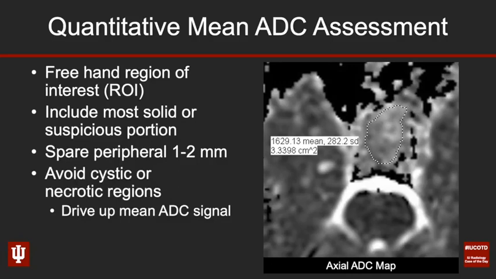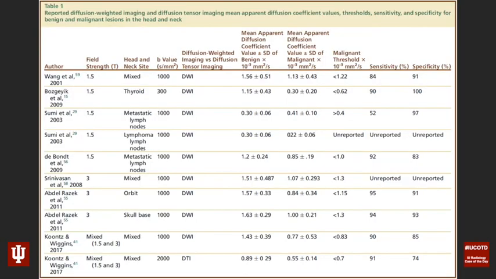And you also want to avoid the cystic or necrotic regions of the lesion because those can sort of fictitiously drive up the ADC value. If you have a cystic area or necrotic area, water can more freely diffuse within that than it can within the solid area. I show you this slide to show that there's really been a lot of work that's gone